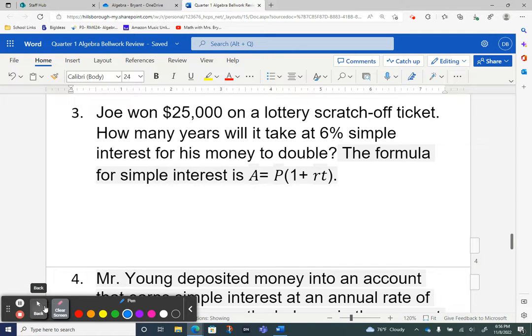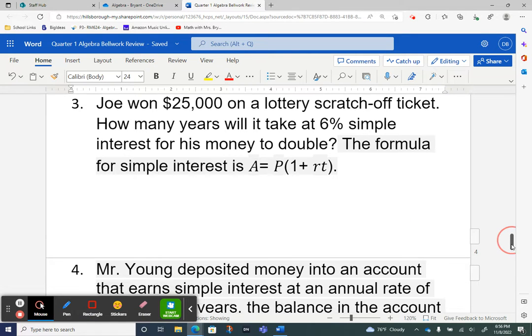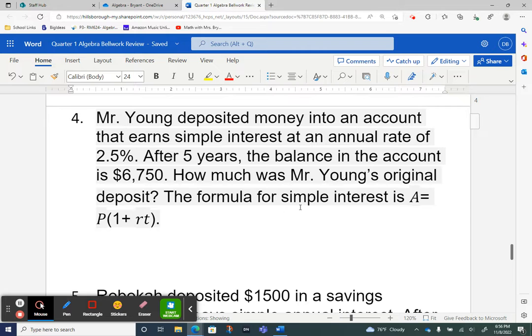All right, last one. Mr. Young deposited money into an account that earns simple interest of 2.5%. After 5 years, the balance in his account is $6,750. So we want to know what the principal was, what the original deposit is. So our account is $6,750. I don't know what the principal is, but I do know that 1 plus the rate is